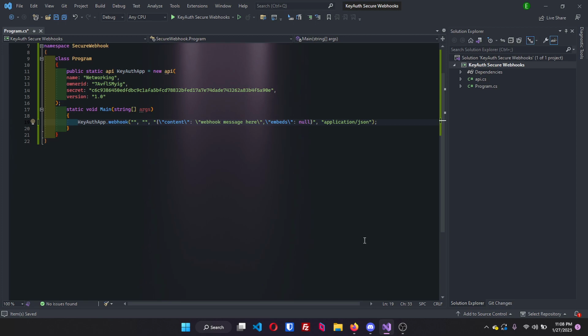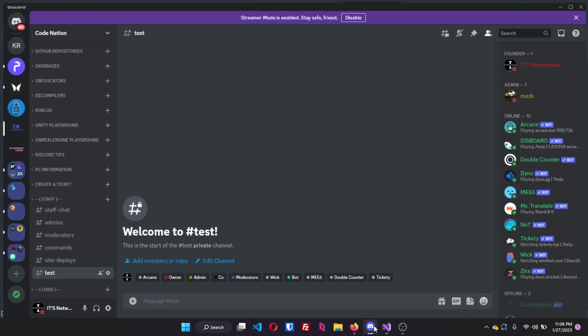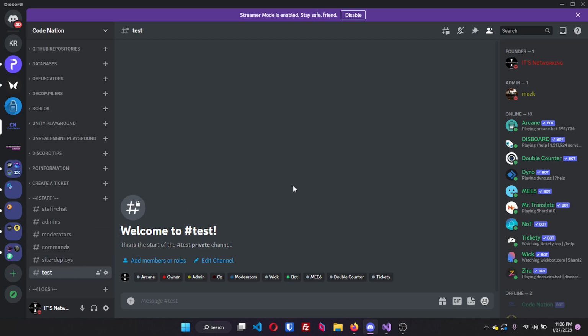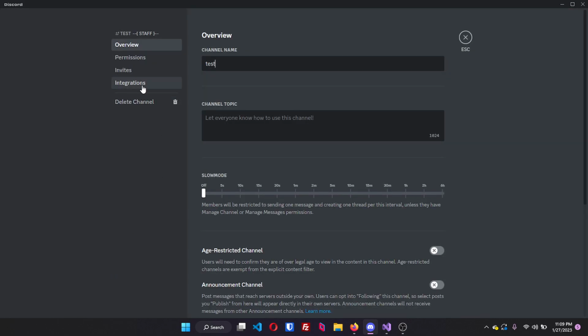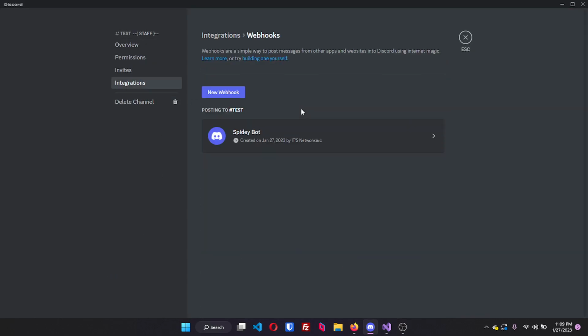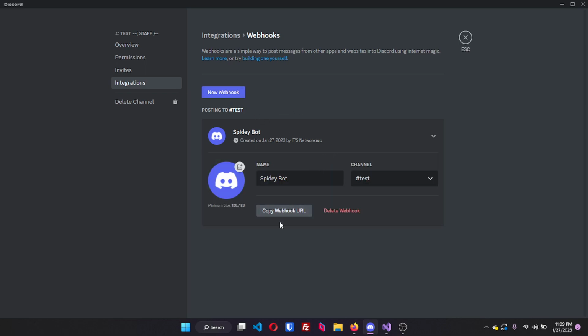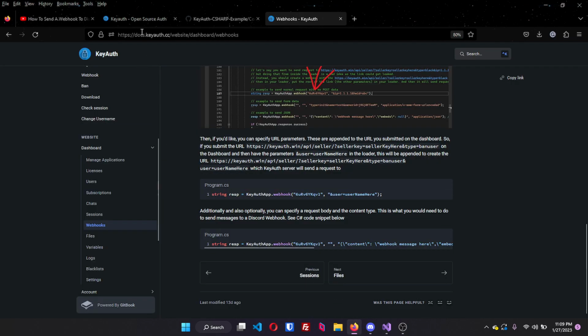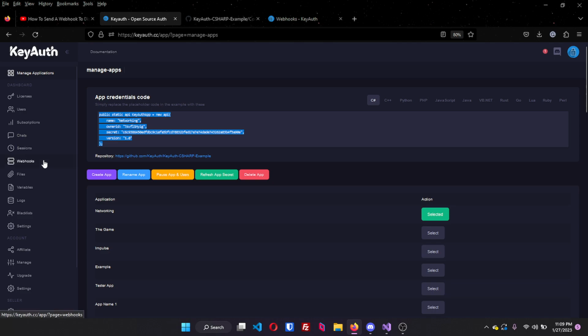So now to actually get your ID, if you go over to Discord, you want to create whatever channel that you want your log sent to. You're just going to edit the channel, go down to integrations, click on webhooks, and then create a new webhook. Or if you have one already, let's go ahead and click it, and then copy the webhook URL. Once you copy the URL, go back to KeyAuth, click on webhooks,